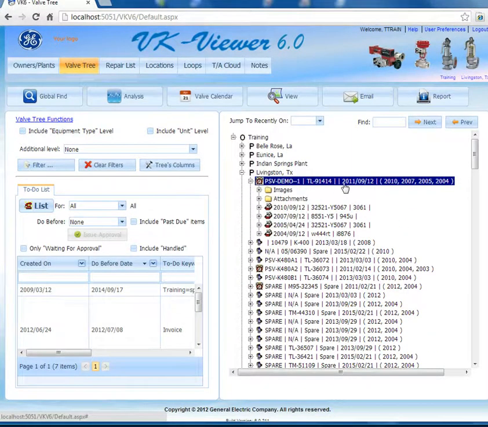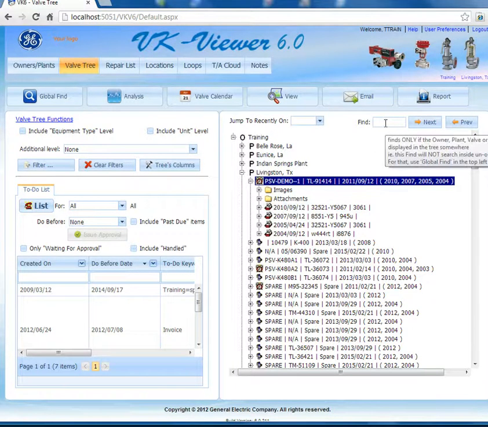Here you'll see on my valve level, that's the next maintenance date 2011, which is why it's past due. And these of course are the date tested of 2010, 27, and etc. So that's the way that you can tell what is involved in the data points on each of these levels. Up here, we have the ability to find, and this find only finds inside of currently displayed in the tree